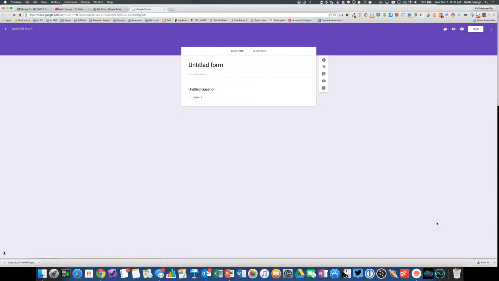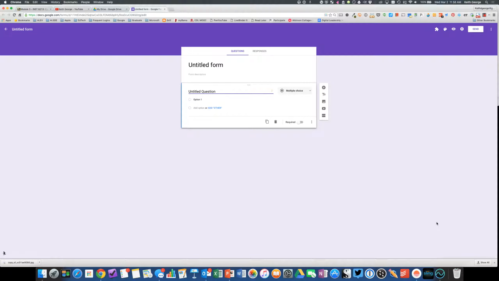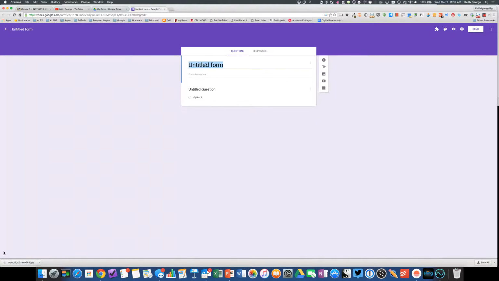Now, at the time of this recording, the Google Forms tool has been undergoing some updates, and it seems like Google is adding back features almost weekly. So if there are a couple of things that look a little different, you should still be able to accomplish your task. So this is our blank form, and you can see that where it says Untitled Form, we can add our title. So I'll just add